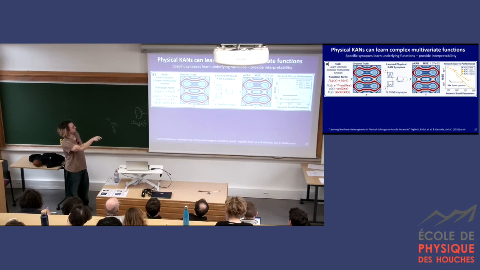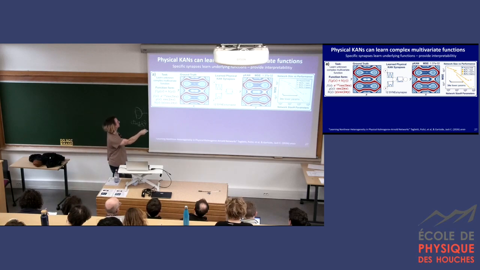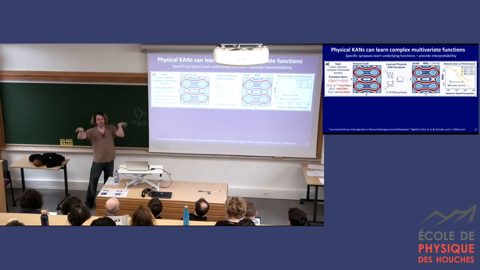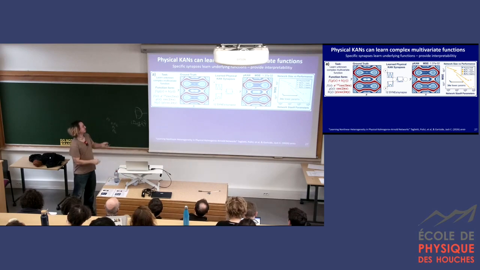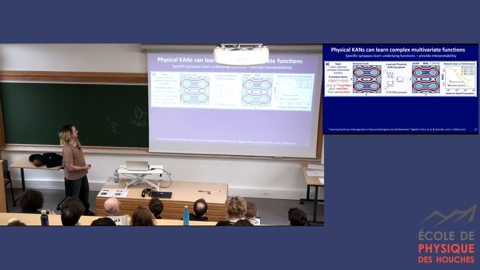Then the cool thing is we can look experimentally at the transfer functions we've learned on each synapse. And we didn't tell the network anything about this underlying equation, but it's managed to pull out that there's a cosine 2 pi on x, there's that shape there, and it's managed to suss out what's going on inside the system. So you get some kind of interpretability from the synapses. That was one of the big claims of these things in software. And then if we look at the experimental reconstruction, it's pretty nice. A little bit noisy, but that's to be understood.